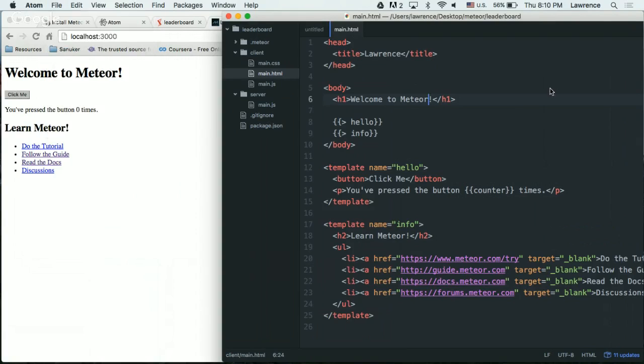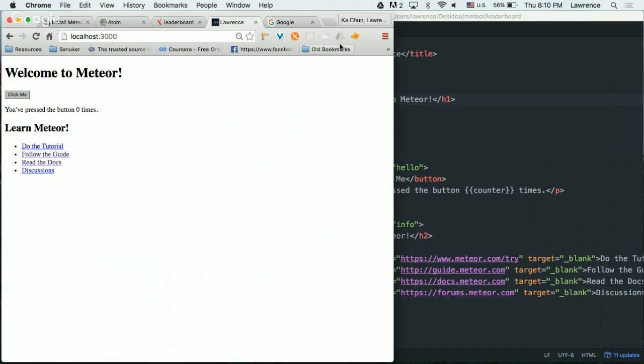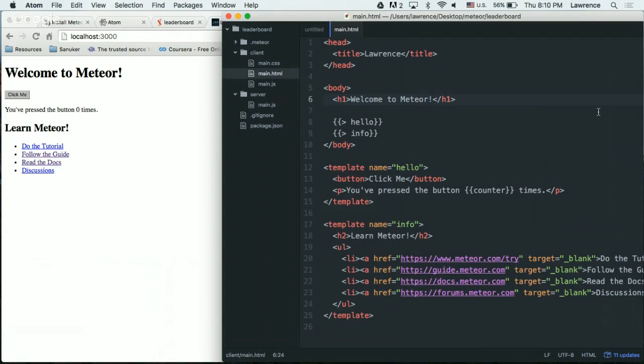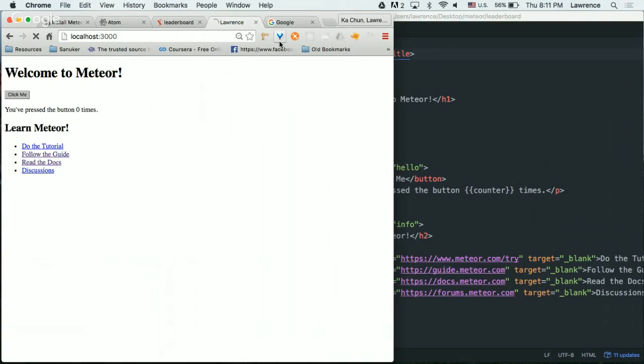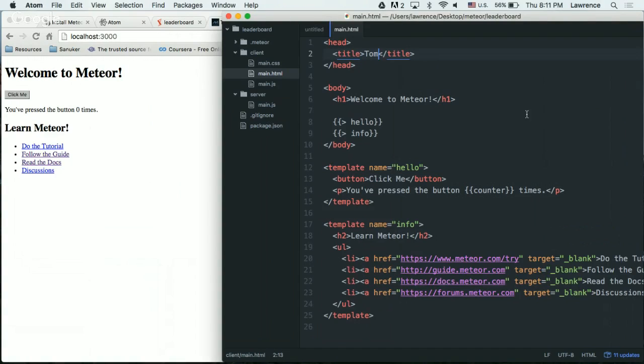Okay, so now we know that under this title thing, you are going to change the tab name. All right. Is anyone not typing Lawrence? Typing your own names, right? Okay. I just want to prove to you that in the localhost 3000, we are actually looking at your own computer, not mine. Because if you change it to, say, Tom, you should be able to see Tom here. Let me just change it to Tom. So you can see we changed it.